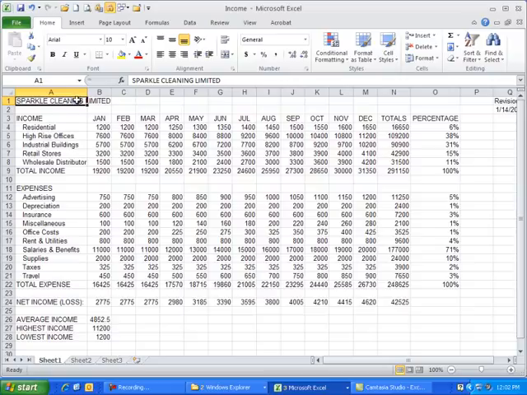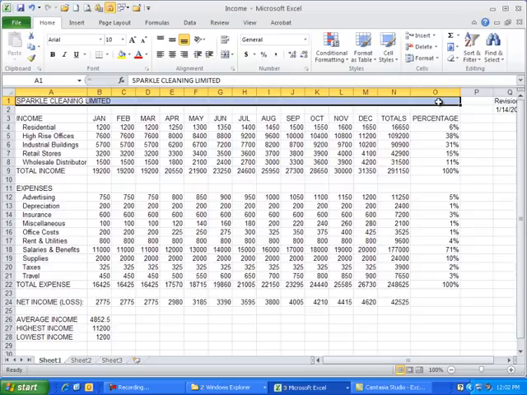Sparkle Cleaning Company in A1 needs to be merged, I feel, all the way across to O1, so that we have our heading all the way across and nicely centered in the middle of our data. A1 contains Sparkle Cleaning Limited as its text, so we have to click there first to tell Excel where's the starting point. The ending point I'm going to shift click on, which is O1. Then when I go back to that Home tab,